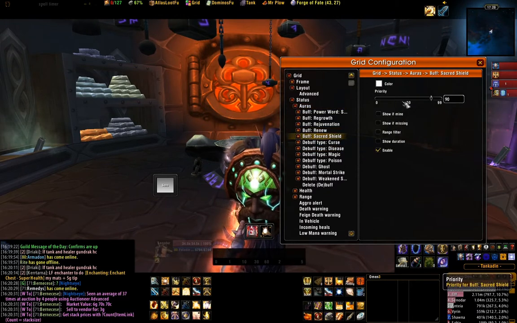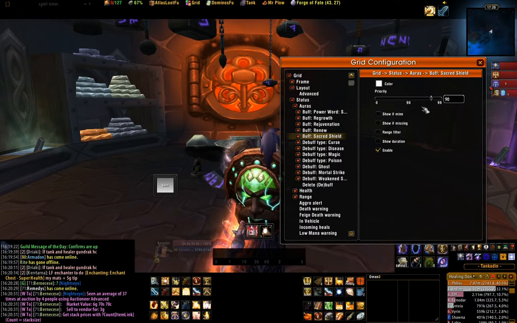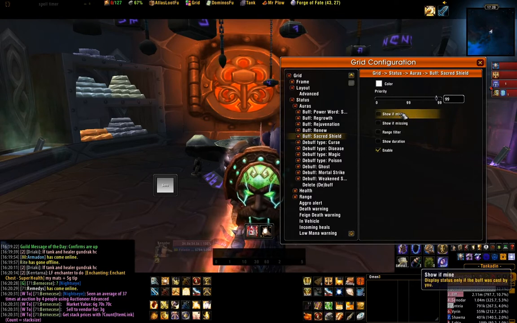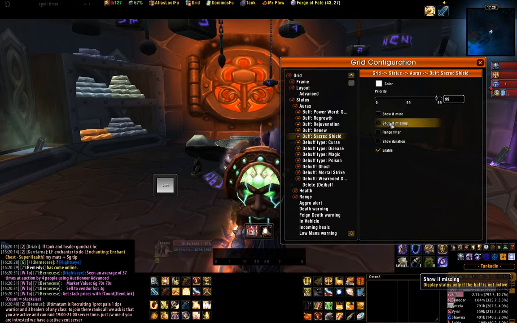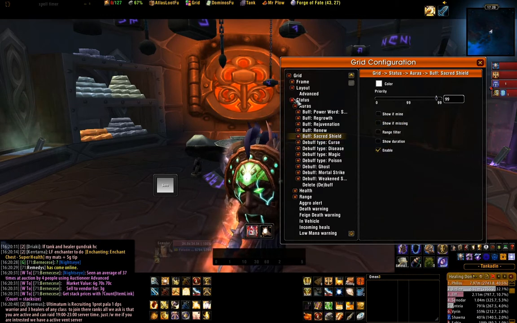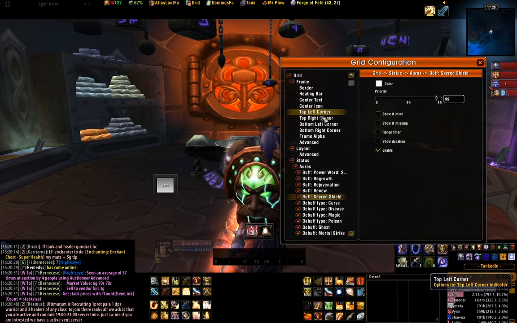Sacred Shield, it's got some options. Change the colour, I like to have blue for it. Priority, I like to make it top priority, 99. I don't care if it's mine, I want to just see if it's on the main tank and so on. And that's enabled. So right after that you can go back to your frame and you'll notice all these things: